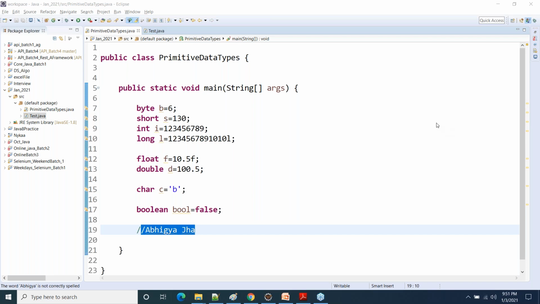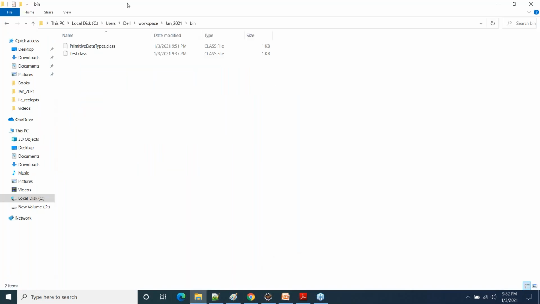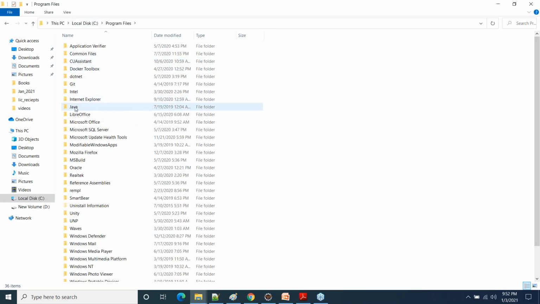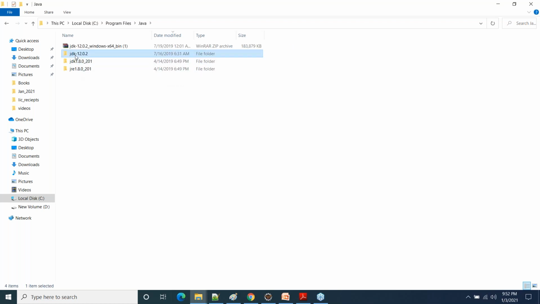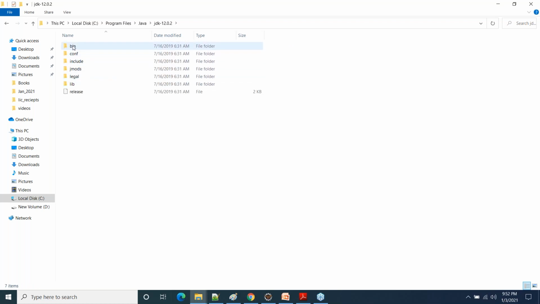Atul is asking, can we see the JVM like JRE folder inside the JDK? You will not be able to see because JVM is a piece of program. I hope you'll not be able to see. Just a minute, let me try if you can. I have never seen it, but Java, JDK, JRE, where is JRE?